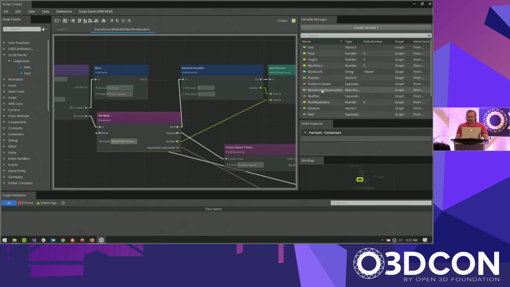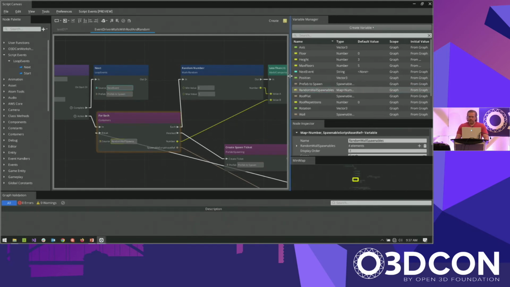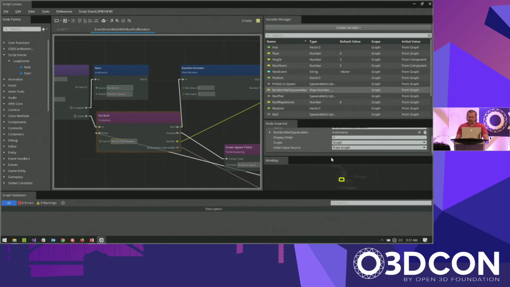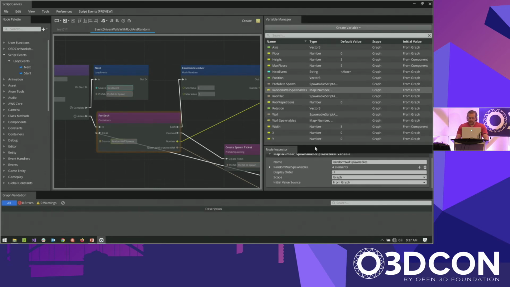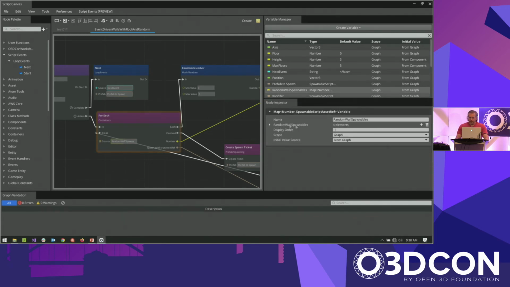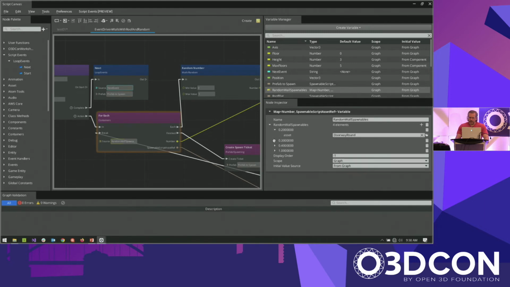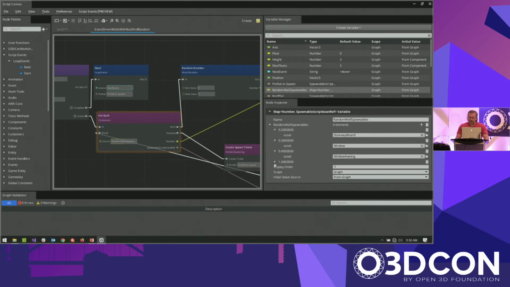So here we have a container of a number. Let me close the minimap. A number and a spawnable. So you can see, I basically use the key as a random weight for which prefab we will